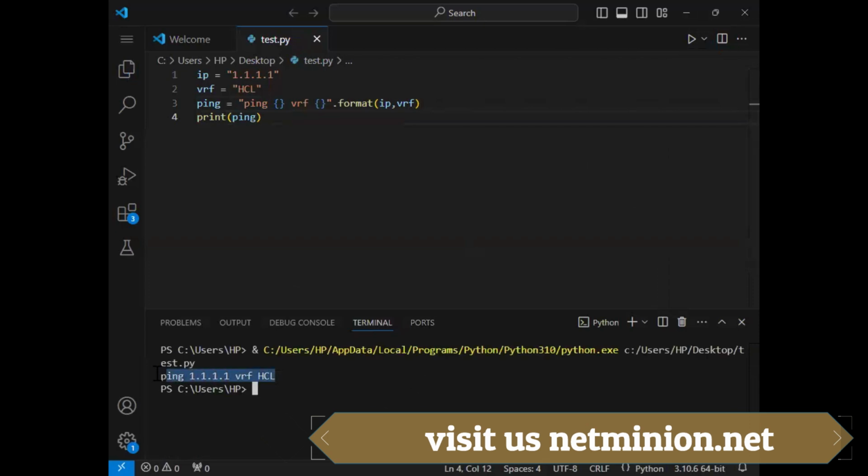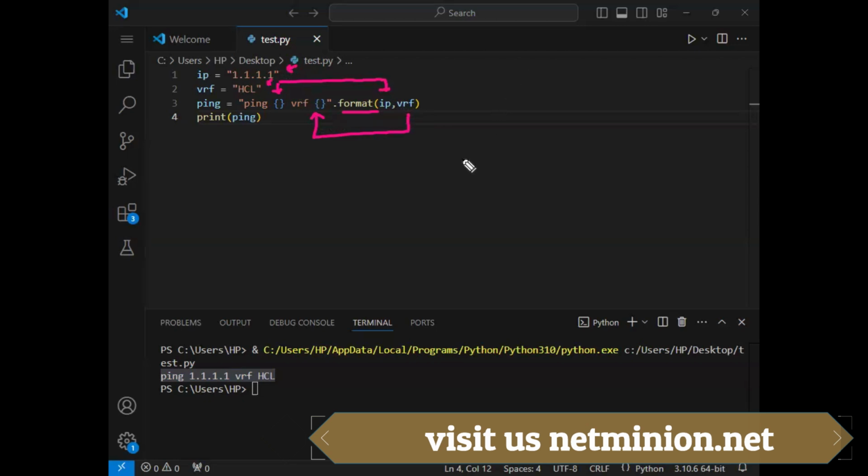So you can see this is the ping you have defined. I got this ping and then IP VRF dot format. Dot format means this first curly braces value is here. This second curly braces value is here. We are defining that dynamic field, right?